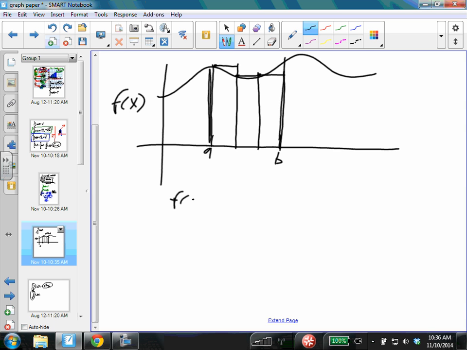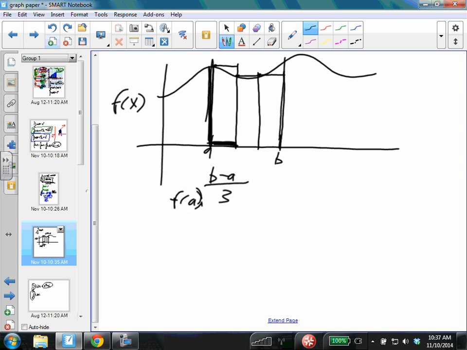So this will be f of a times, now for a rectangle's area, we've got to get a height and we have to have a base, right? So the function will give me my height, but how do I get the base? Okay, so b